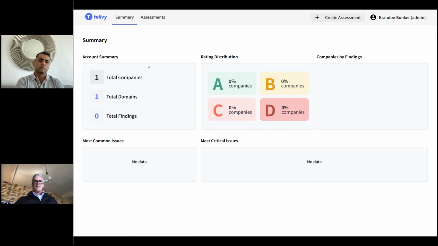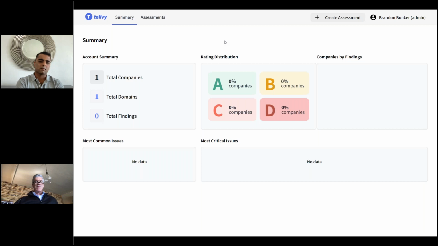So just to recap a little bit on what Telivy is. MSPs like Health Data Solutions, Triad Networks, and Level 5 Management, our customers, love Telivy because MSPs reduce risk assessments that normally take 7 to 8 days manually to just under 5 hours, fully automated with Telivy. Today I'm going to be showing you how you can automate your risk assessments with Telivy for free right now. You can do this by going to our website, telivy.com,